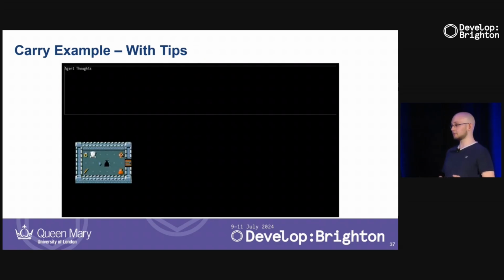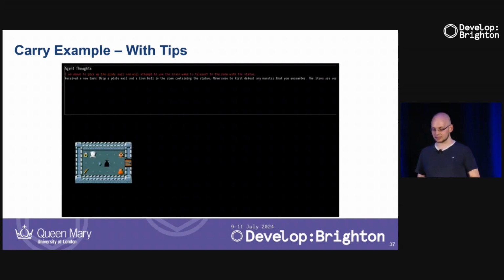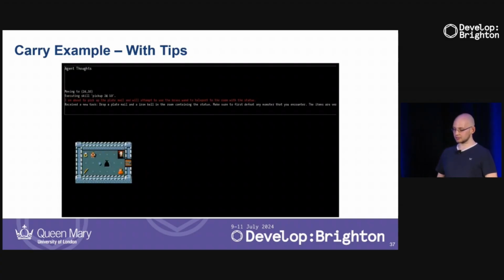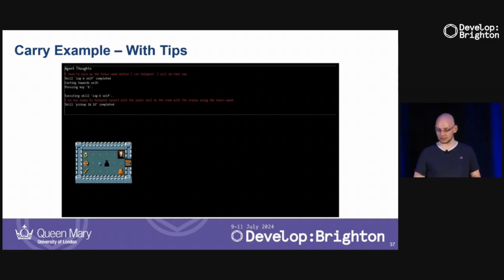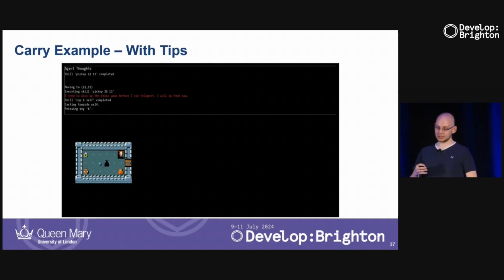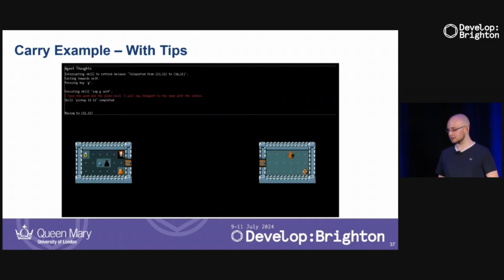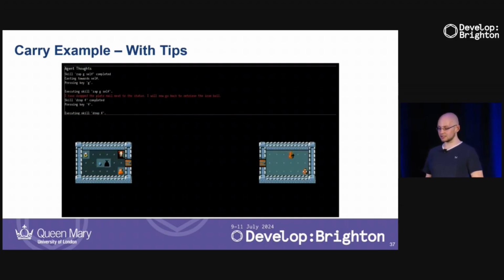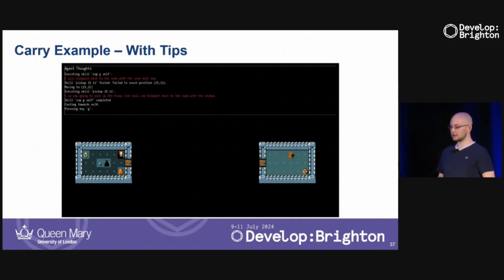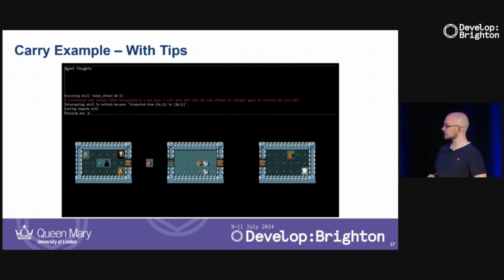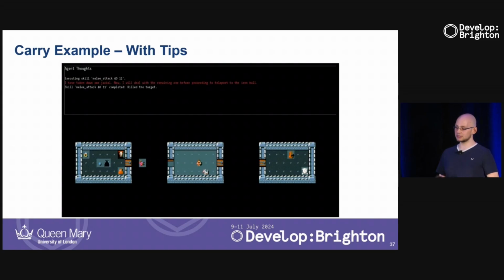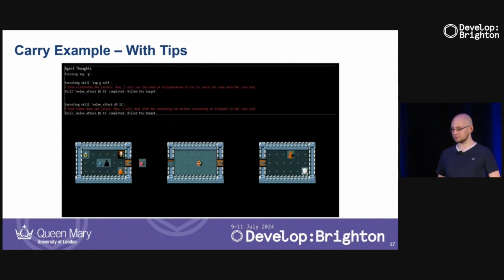Now, with the tips that I've given it, it actually performs much better, where it first decides, okay, I'm first going to pick up the heavy plate mail, and then it's going to pick up the teleportation wand. And what it's going to do, because I told it you can use the teleportation wand to teleport, it's going to teleport. And this is where the statue actually is. So it drops the item, and then it decides, okay, I've dropped the item, I'm going to teleport back. Sadly, now it's in a room with monsters. So it's going to kill the monsters, because I told it, kill monsters the moment you encounter them.